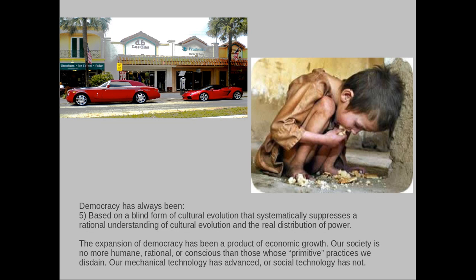So we call the modern world democratic, the Western powers, but it's still very much an oligarchic democracy, and it's still very much an imperial form of democracy. And it's still as blind as it was thousands of years ago. And that latter point is the most important. I think it's the most difficult to understand, and it's the hardest pill to swallow, and most people aren't going to swallow it because they don't want to, because it's too humiliating to think of ourselves